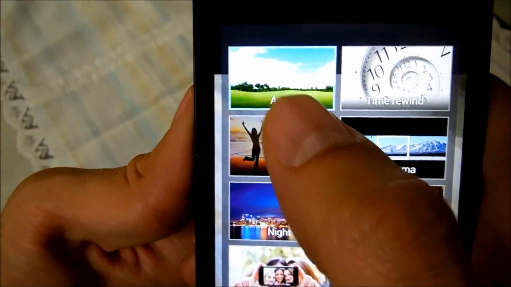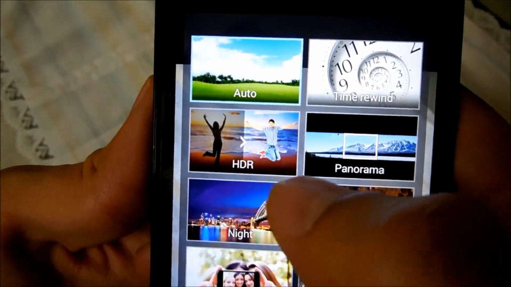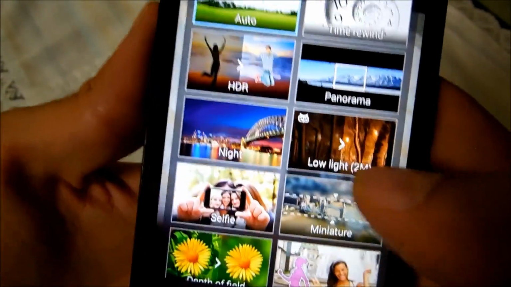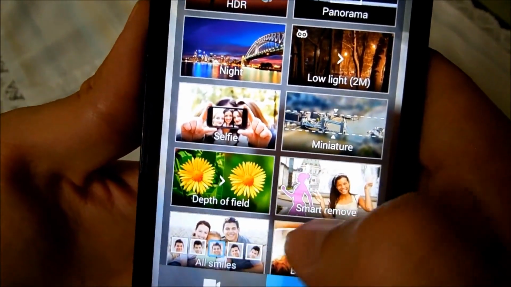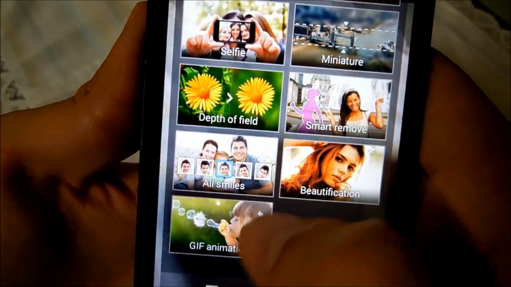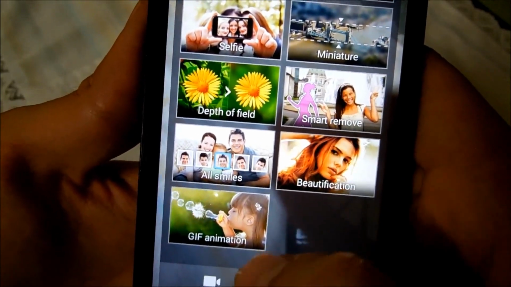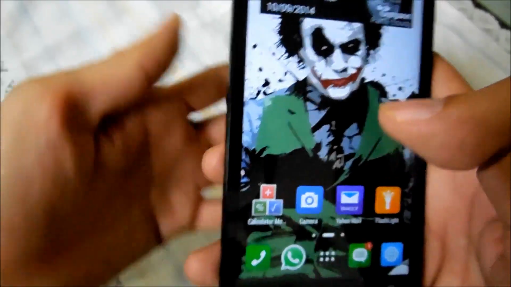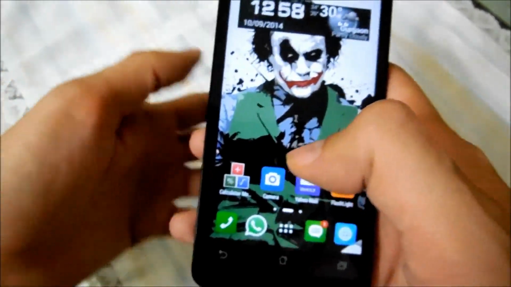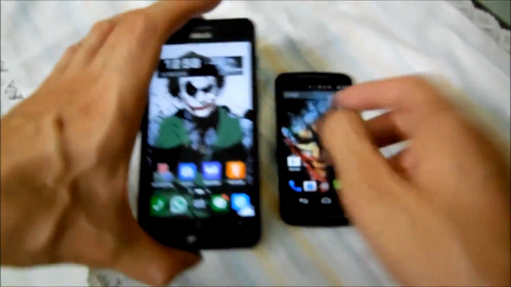Plus you also have your scene modes over here. As you can see, auto, time rewind, HDR, panorama, night, low light, selfie, miniature, depth of field, smart remove, all smiles, beautification, GIF animation, and then you have your turbo burst mode. So there are plenty of things you can do in the camera application of Asus ZenFone 5, while in Moto